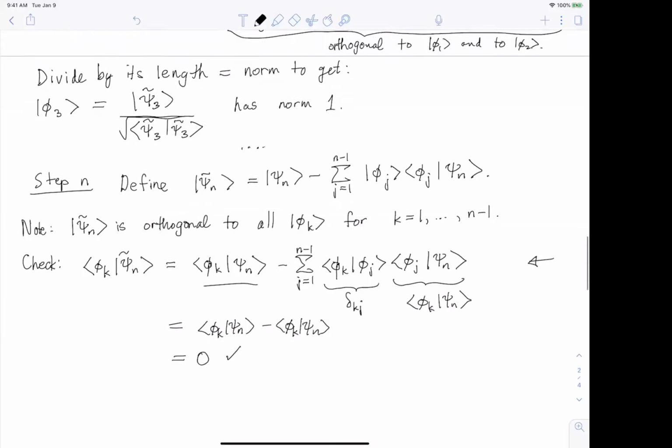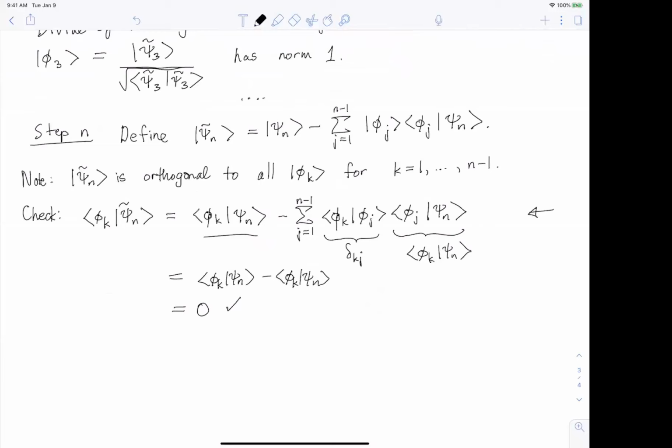So your intuition is correct. When I take the inner product of psi tilde n with any one of the previous phi sub k's, it's 0. That's showing that it's orthogonal. The other part of an orthonormal basis is I need this thing to have norm 1. It won't necessarily have norm 1, but I can cure that just by dividing by its norm. And so now we define